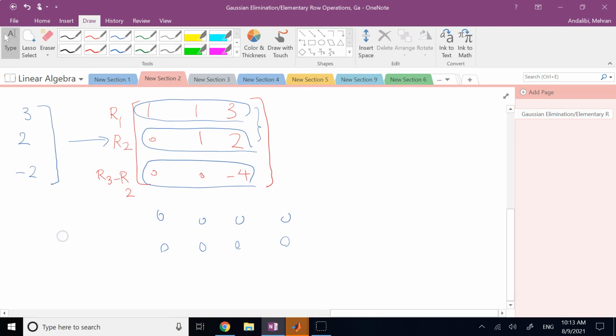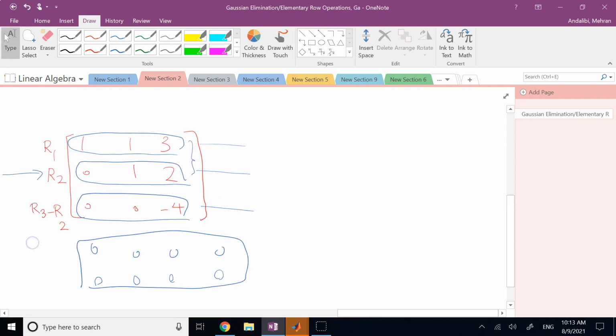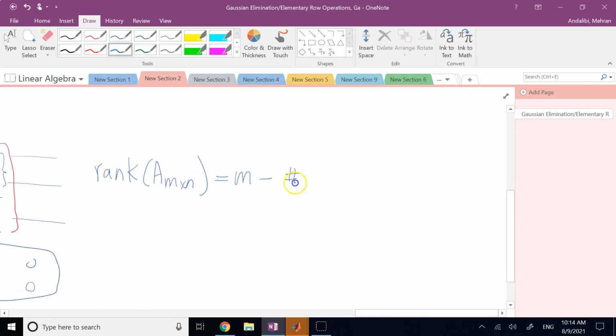So the rank of the matrix is going to be what? It is basically the number of rows that you originally started with minus the number of rows at the bottom of the matrix that have all zeros. So if I want to write it very clearly, the rank of this matrix A, m by n, which has m rows, is equal to m minus the number of 0 rows, and by 0 rows I mean all entries of it are 0, at the bottom